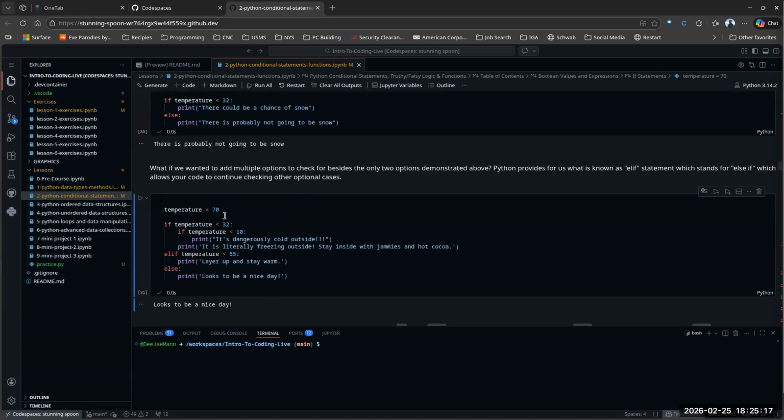So if we drop the temperature below 55, we'll put it at 53. And now we have the layer up and stay warm. So we're inside this block now. Now, if we want to get the temperature below 32,